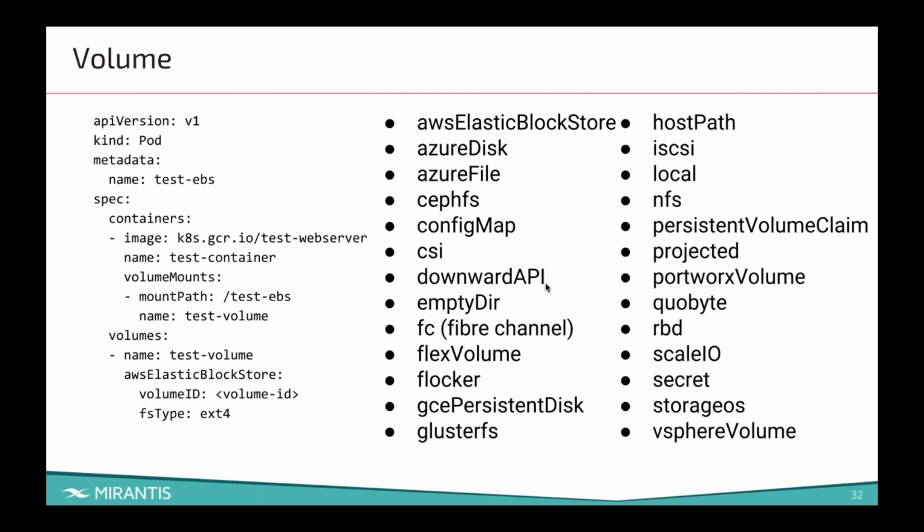One that's really interesting and that I highly recommend checking out is Downward API. Downward API isn't really a volume in the sense that you're probably used to it, but it's a way to pass information into the container. So it's beyond the scope of what we're doing right now, but I highly recommend that you take a